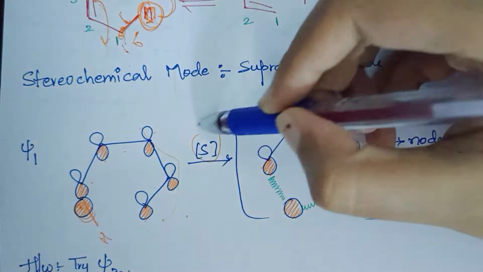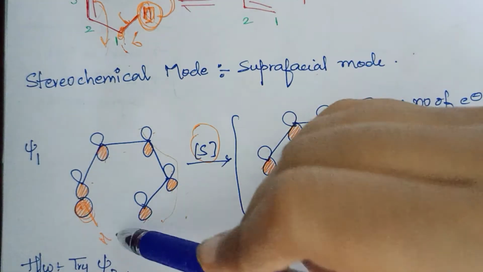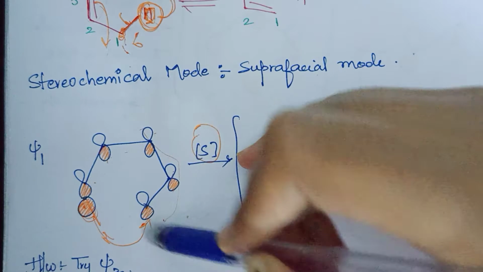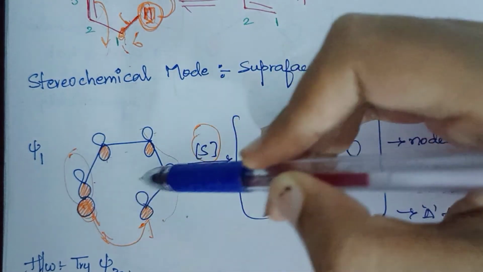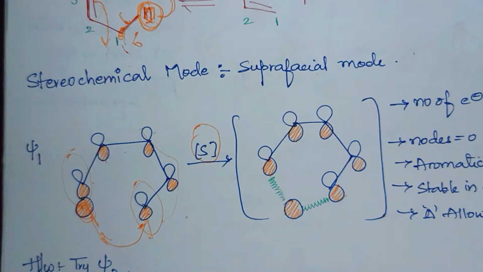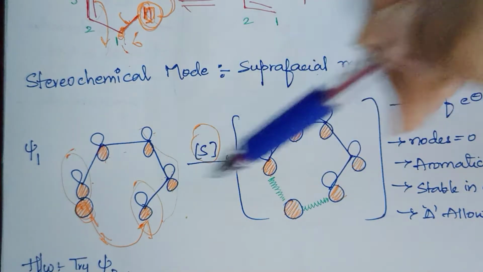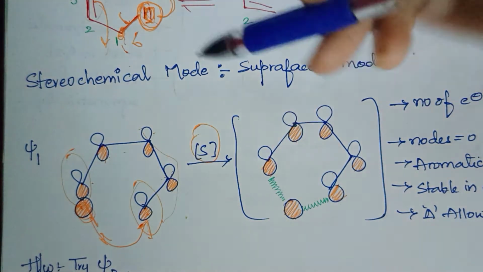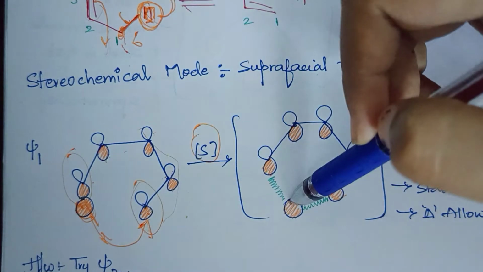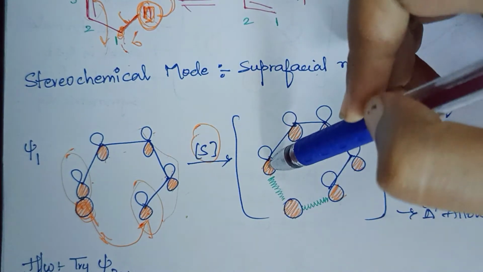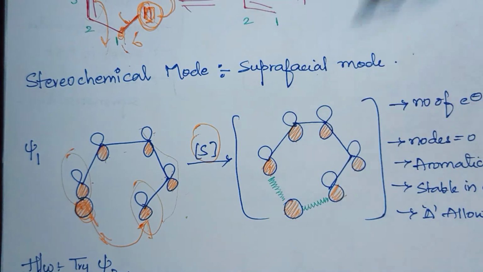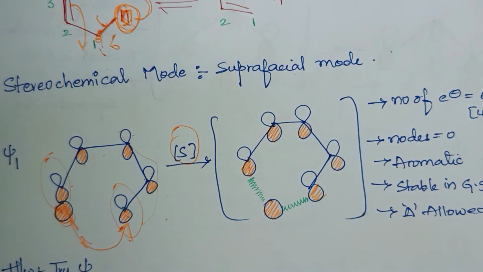Now I am doing suprafacial. What is suprafacial? The migration from down to down. See, when you compare this lobe, this is down one. When you compare this lobe, this is down one. So migration from down to down is suprafacial. Now I draw its transition state. How will I draw it? Just keep the hydrogen in the middle. Previously it was attached to this lobe, now it is attaching to this lobe, and you count the number of electrons.